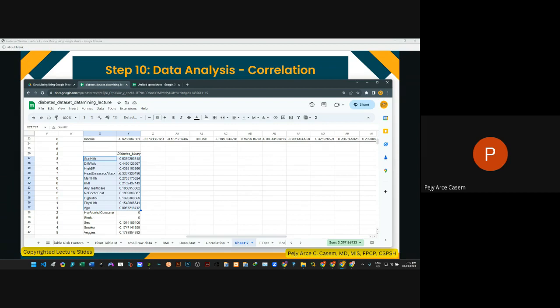But if you are not satisfied with the performance matrix of your machine learning, that's the time you do your feature engineering. Okay, feature engineering means that you further